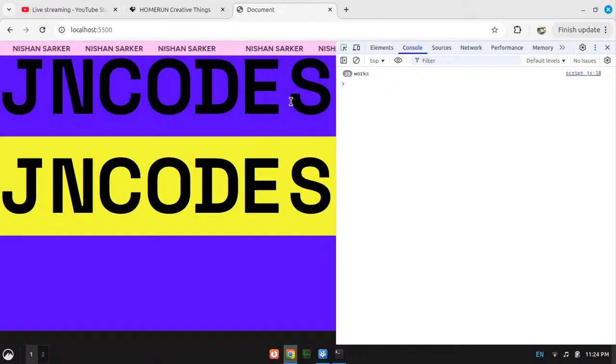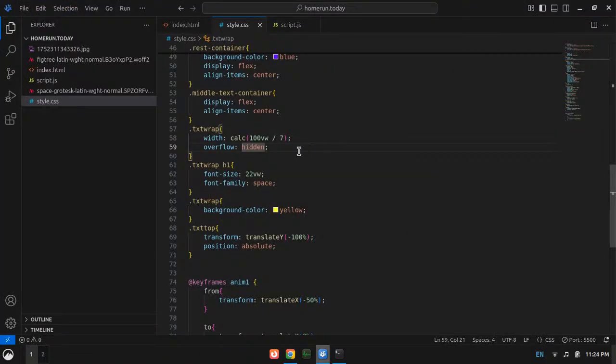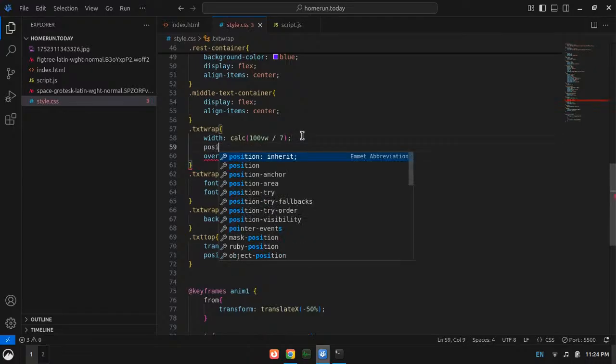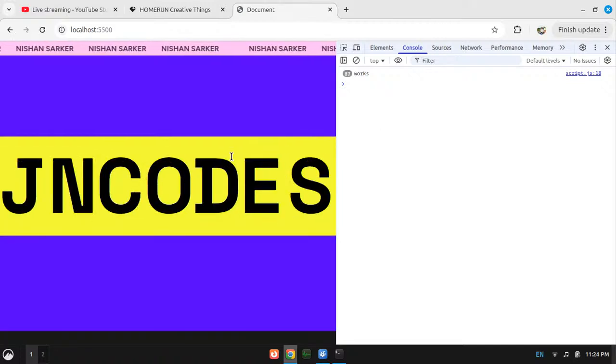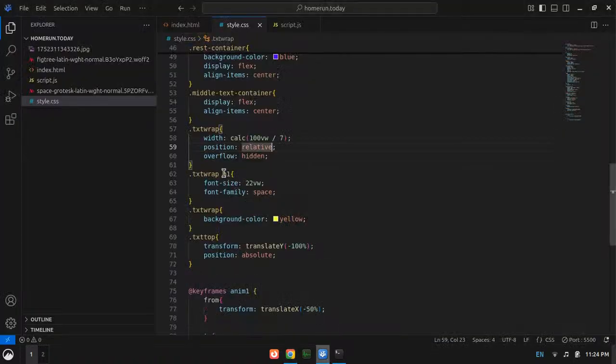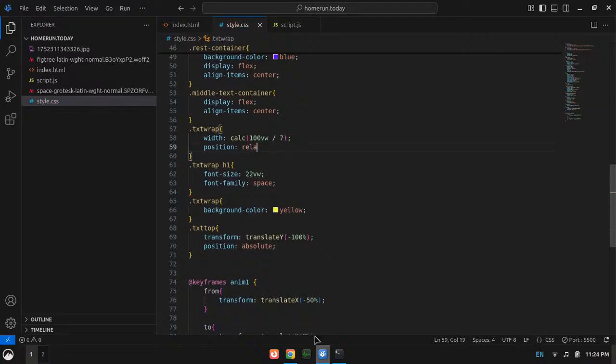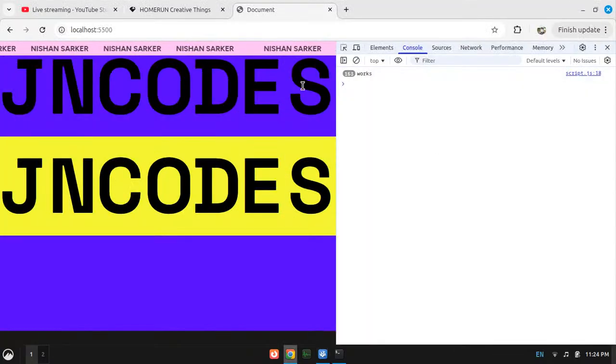No, it isn't. Why isn't it? I think position relative. Oh, okay, now it works. Now I don't need the overflow hidden, I guess. I can work away with it, but relative. Yeah, that. Okay, I will figure that out, but however, it is working now.